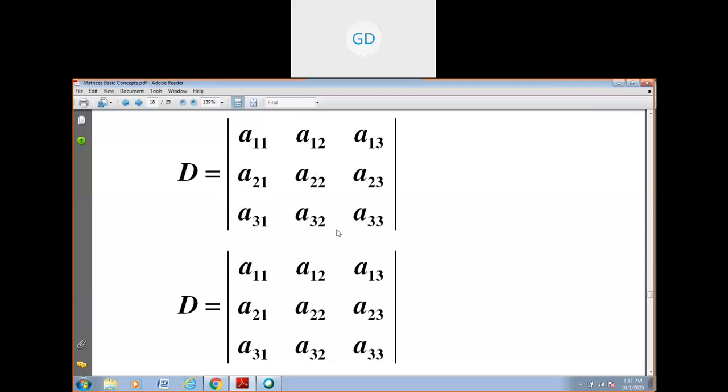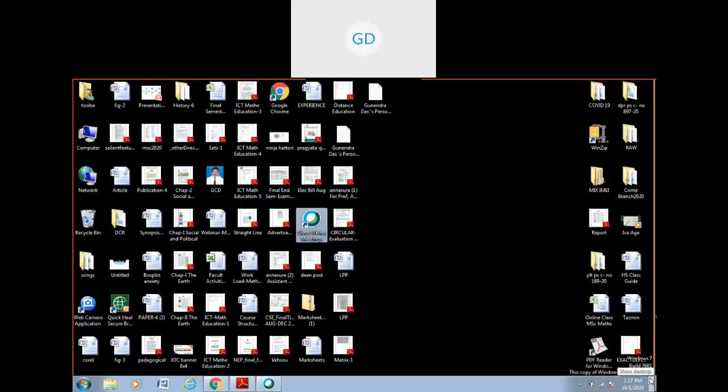With the same elements there may be a matrix which is, suppose, A, and if we express all these elements within two vertical bars, then it will represent the determinant of the same matrix. So just as in a matrix we put these elements between first bracket, to express its determinant we have to write all the elements of the matrix between two vertical bars like this. Now we are going to learn how to expand, how to evaluate this.